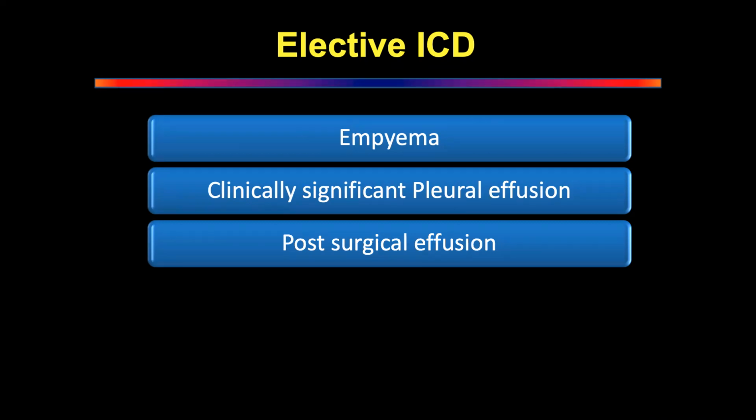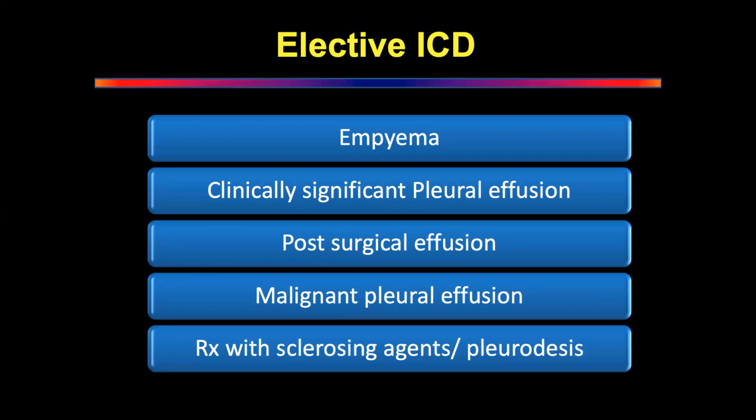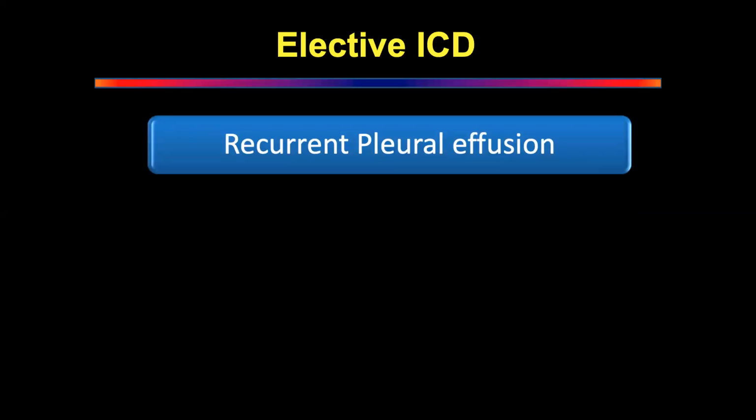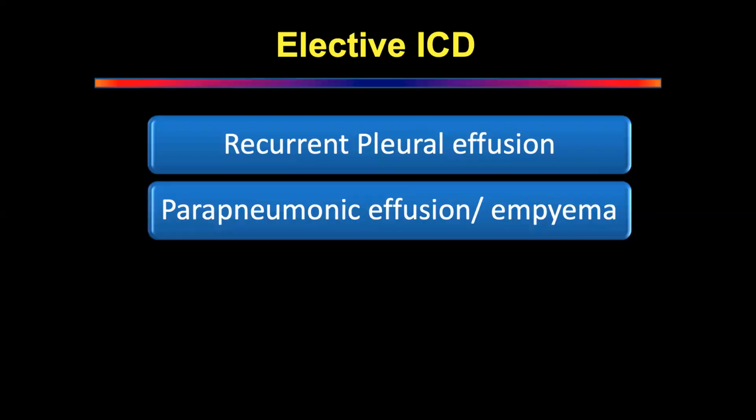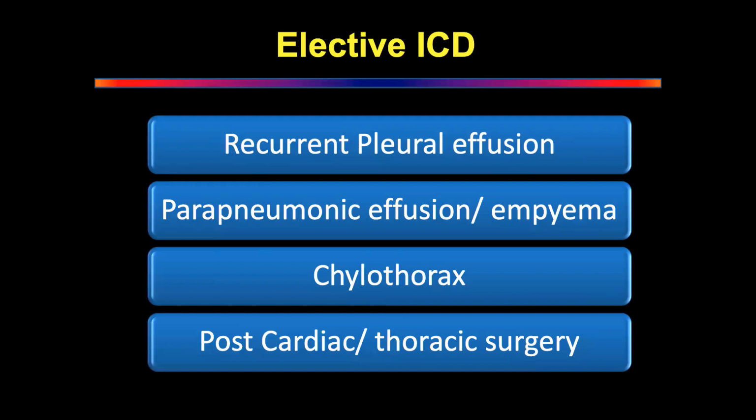Chest trauma. Okay, trauma. I'm happy with trauma, but before that, where do you see it? Do you see it in oncology? Malignant pleural effusion. Yes. This is the way you get stuck in the exam when you're talking. Malignant pleural effusion is an everyday event. And where you want to give a sclerosing agent for pleural disease. The others are of course recurrent pleural effusion, parapneumonic effusions, chylothorax, post cardiac and thoracic surgery. I agree with everything you're saying, but what I'd like to